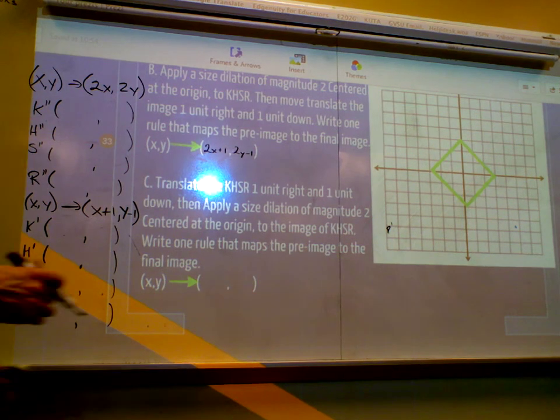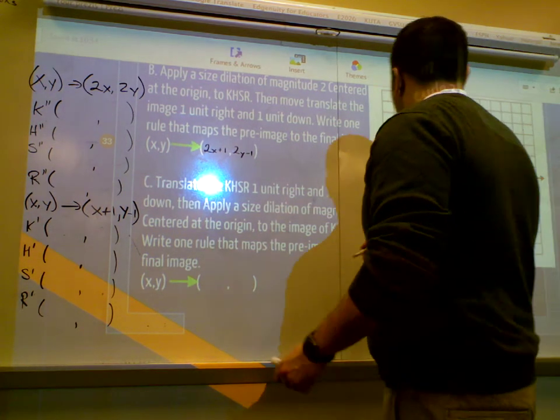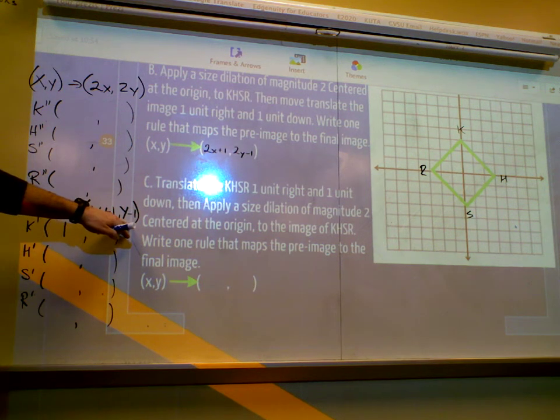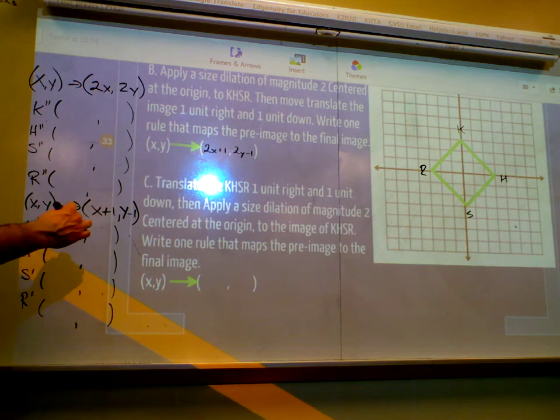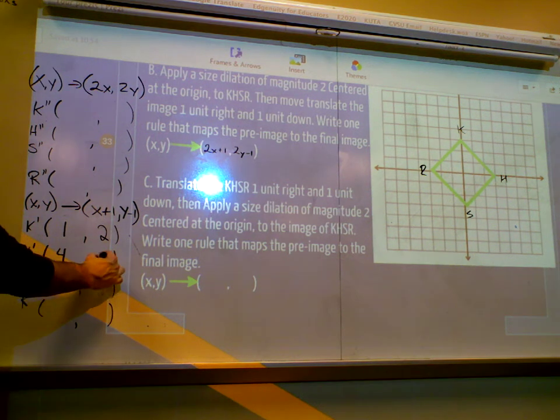All right. So, still plot KHSR. Okay, so we still have KHSR. Now we're going to do this first. All right. Remember, K was 0, 3, right? K was 0, 3. So I'm going to add 1 to my X, which makes it 1, right? Pay attention. I'm going to subtract 1 from my Y, which makes it 2. H was 3, 0, right? Add 1 to my X, which makes it 4. Subtract 1 from my Y makes it